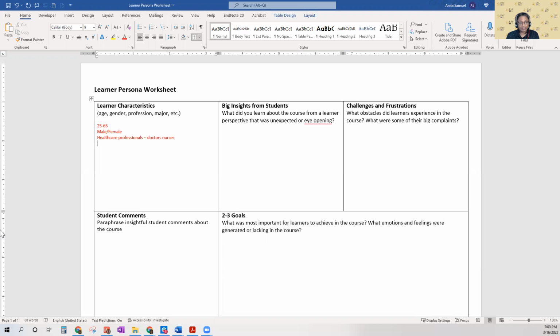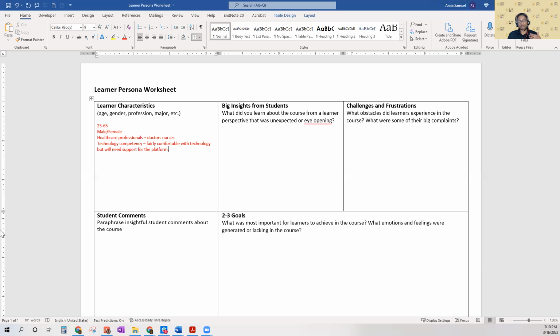One thing I always like to think about is technology competency. So what is their technology competency level here? They are fairly comfortable with technology, but will need support for the platform.